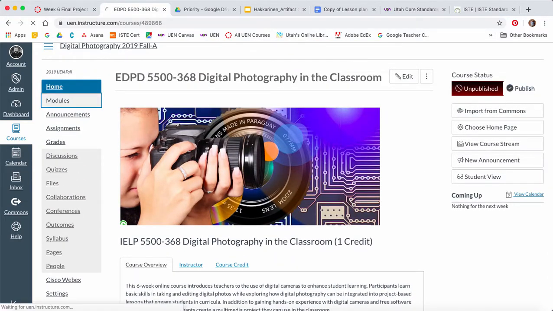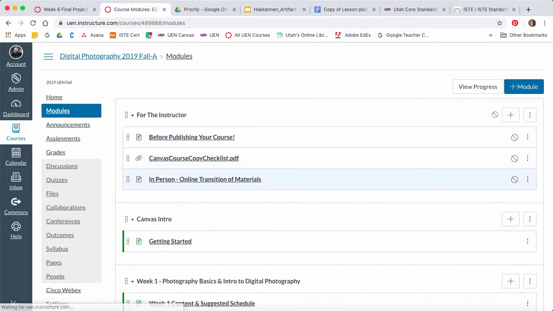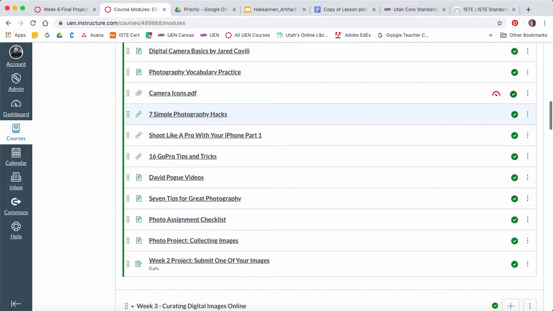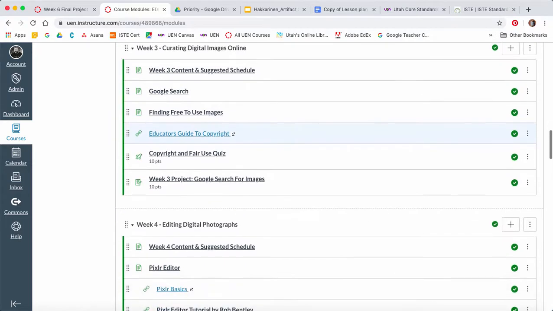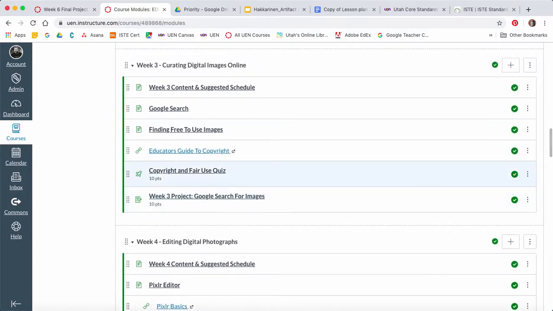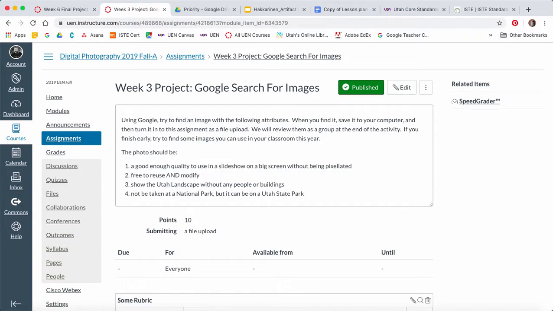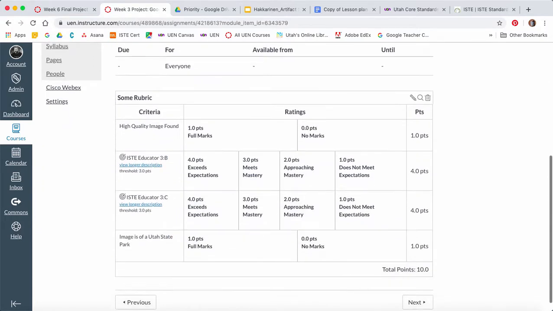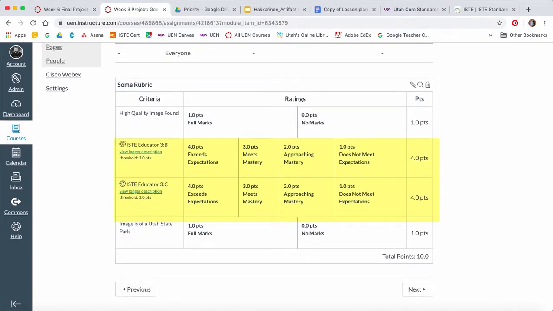When you look at the modules, you'll see that there is one module for each week. And I want to point out specifically in week 3, they are learning to curate digital online resources and Googling things. And just a side note here, I did go into the week 3 project that requires them to Google an image and find one that is of appropriate use for modification, and I used ISTE Educator Standards 3B and